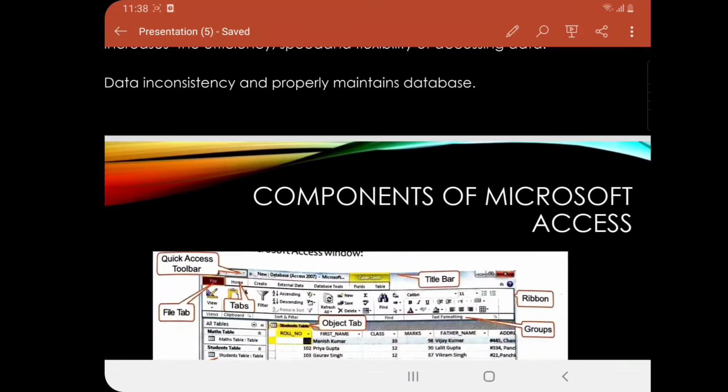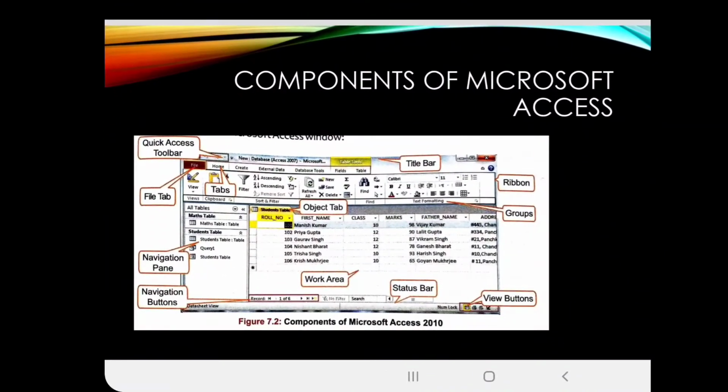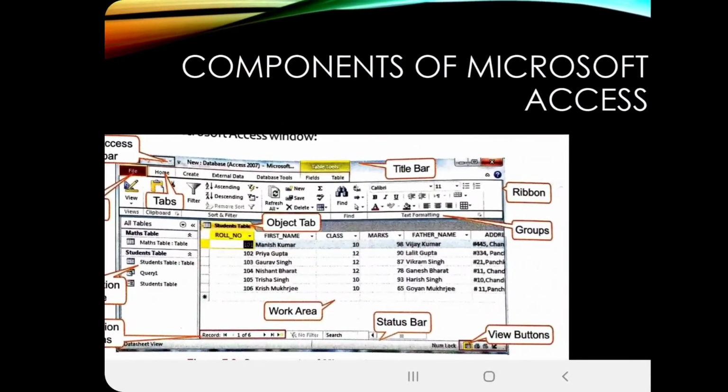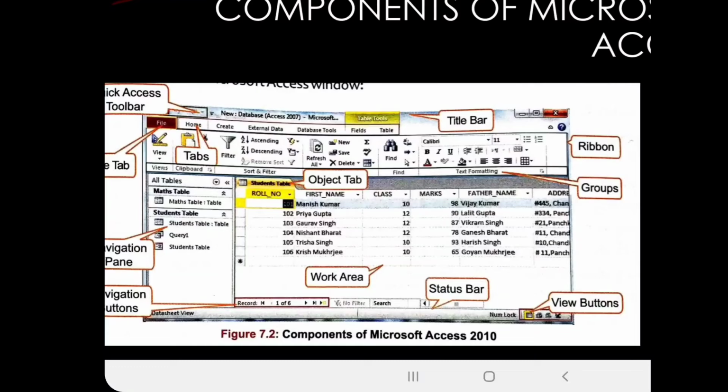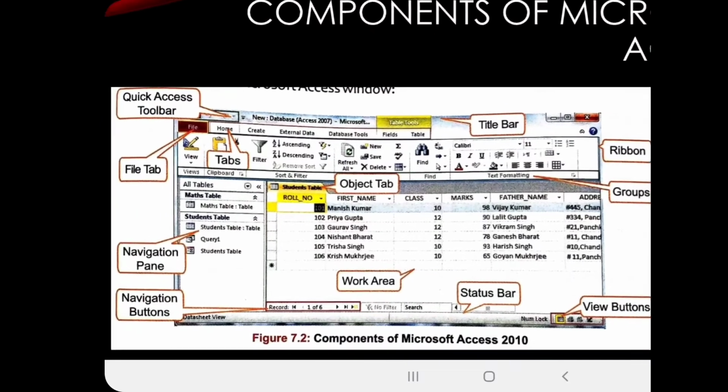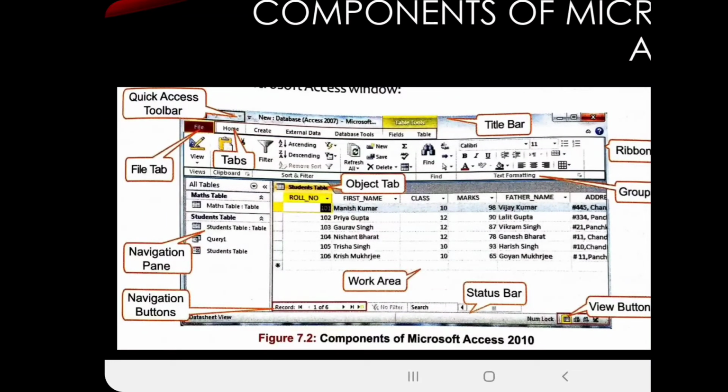Now next, when we talk about the components of Microsoft Access, this very general and common screen comes in front of us. When you open it, it is very similar to the MS Excel screen, as we have seen in our previous videos on MS Excel. It looks the same, but there are some differences. As you can see, the quick access toolbar is present at the top left corner of the window,